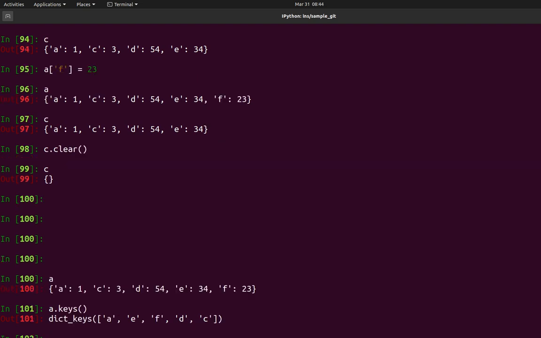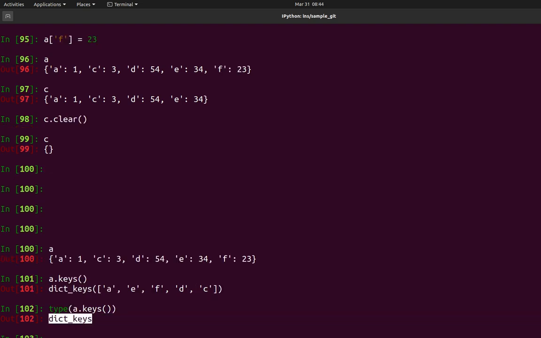Okay, you will get a list of all the keys, but this is a different object. It is dict keys. You can check the type of A dot keys. This is the dict keys class, but this is also like a list. No need to worry about the differences, everything is the same. If you want to convert it into a list class, you can simply use the list method.